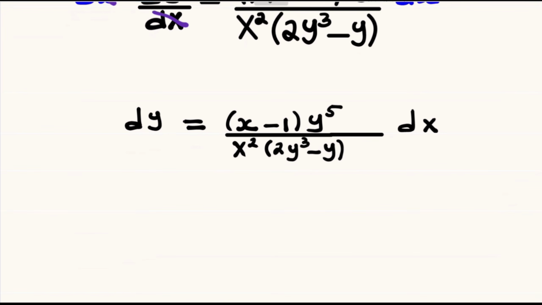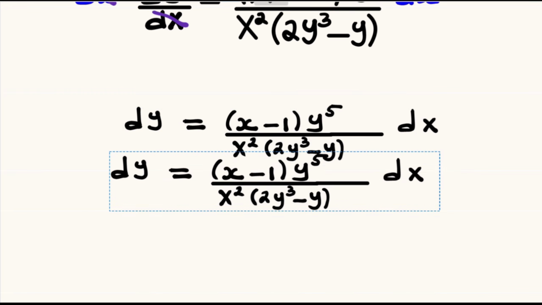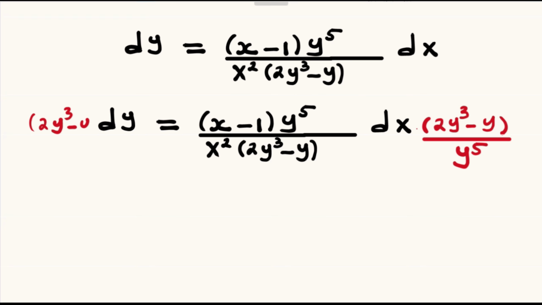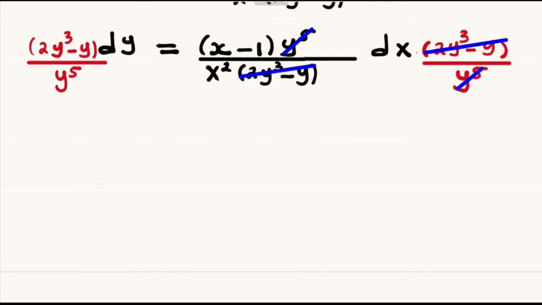So let's move the functions of y to the left so that they can join with the dy. So we'll multiply both sides of the equation by 2y cubed minus y divided by y to the power 5, and what we do on the right we also do on the left. So we multiply the left by 2y cubed minus y divided by y to the power 5. On the right hand side, that 2y cubed minus y will cancel out, and the y to the power 5 will also cancel out, such that we'll be left with 2y cubed